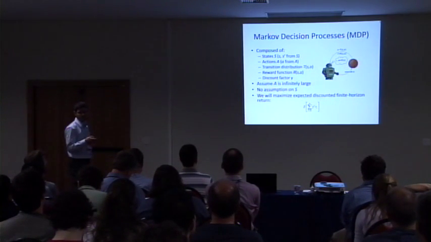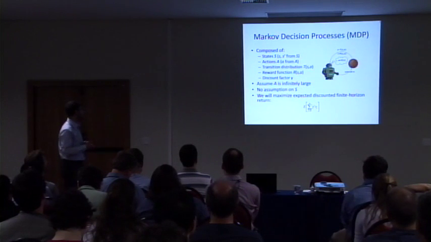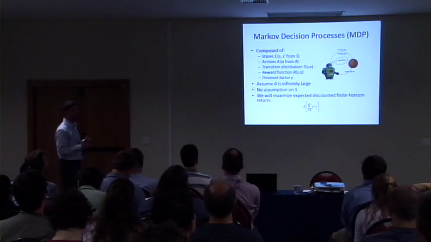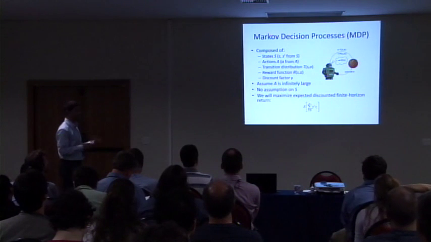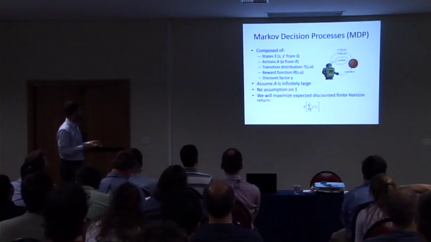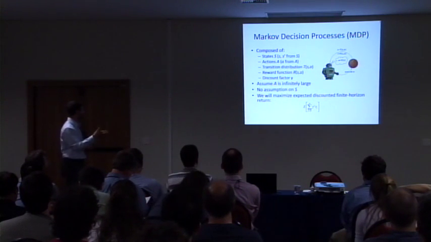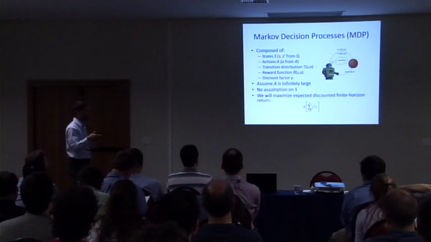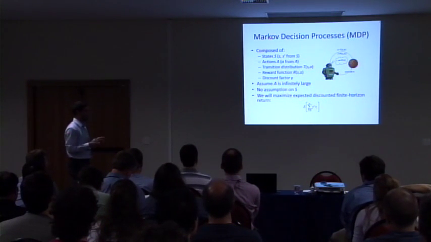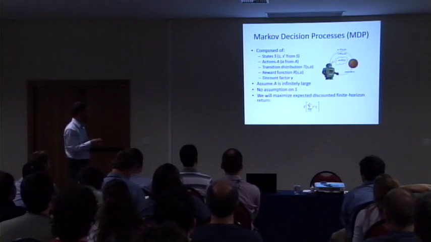Now we're going to move to Markov decision processes. This is probably familiar to a lot of people, but it's defined as having a set of states S, a set of actions A, and a transition distribution. For every state-action pair, there's a distribution over next states that can be arrived at. There's a deterministic reward function that maps every state-action pair to some real value, and then some discount factor gamma, which prioritizes immediate versus future reward.